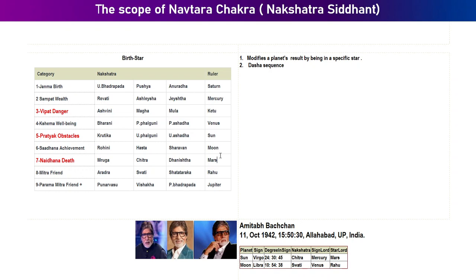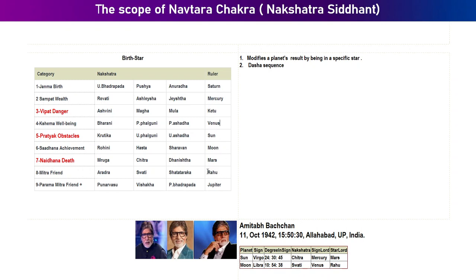And in 20 years of Venus dasha, for anybody who is born with Saturn as the ruler of the birth star, it's not guaranteed that all 20 years of Venus dasha is going to bring about well-being, right? And again, if you carefully notice all these labels and the way they have been distributed, then you can easily see